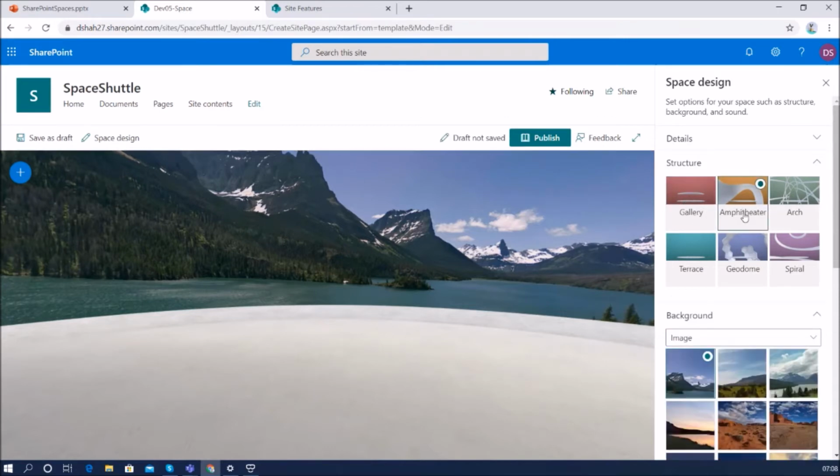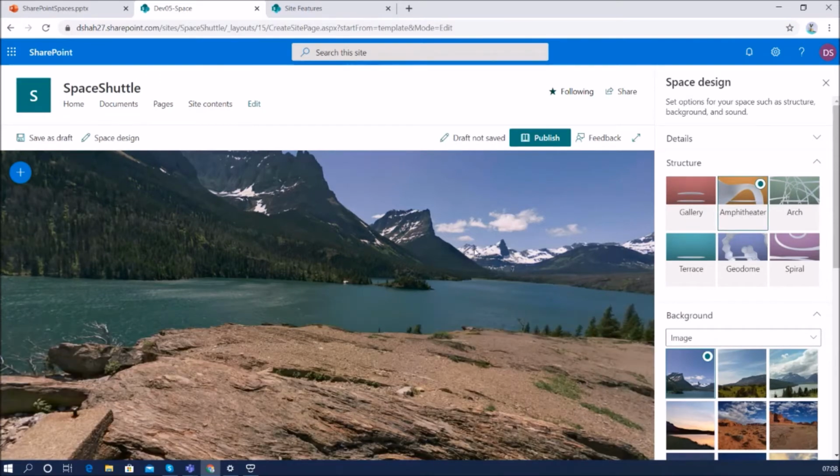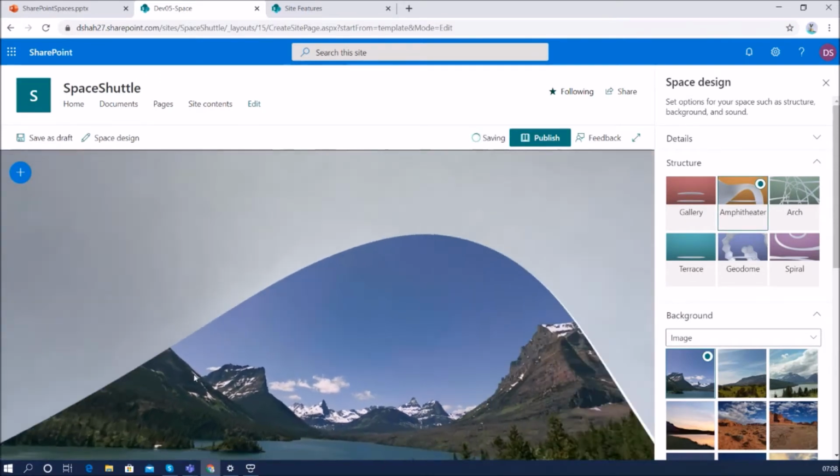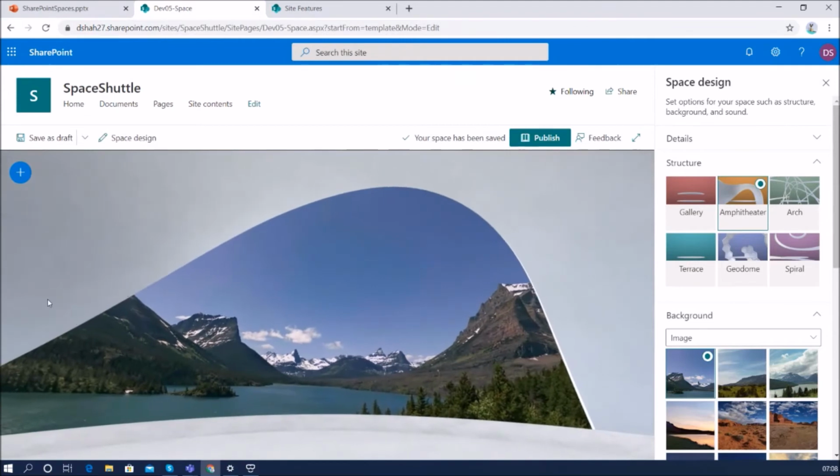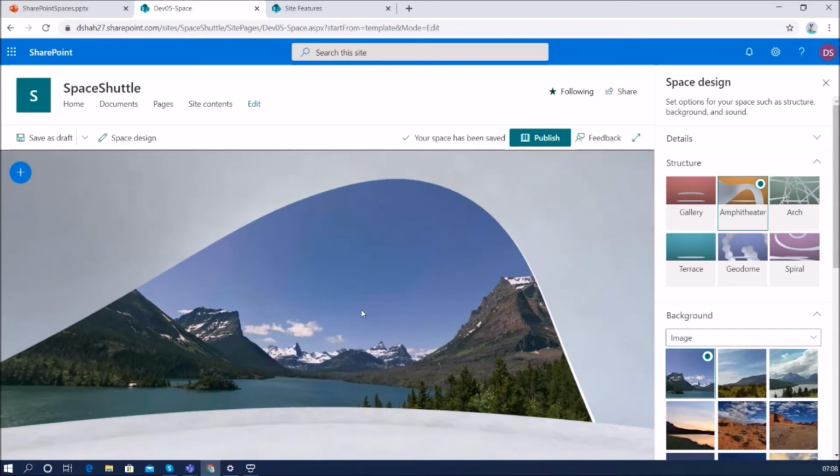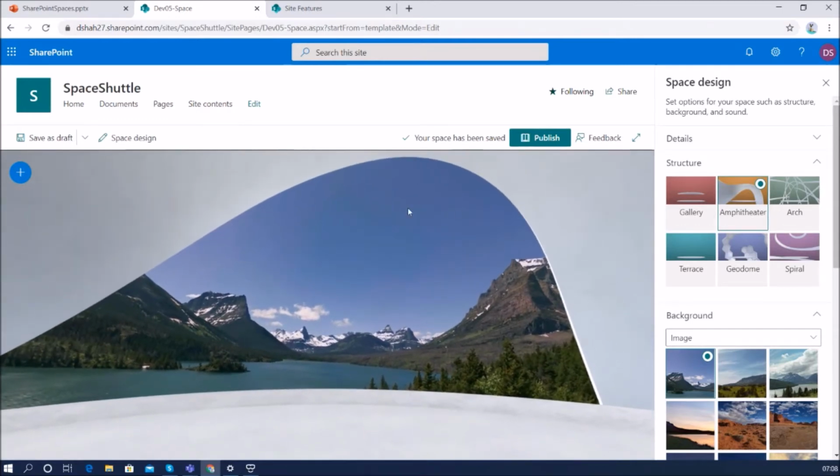Now let's say if we select amphitheater, what will happen? You can see that this type of boundary has been created with my space. It will provide an experience, like this is my space and it will create an amphitheater type of structure.